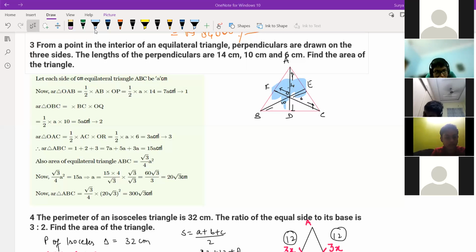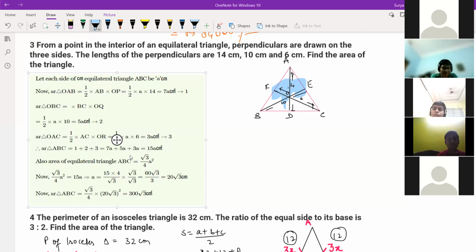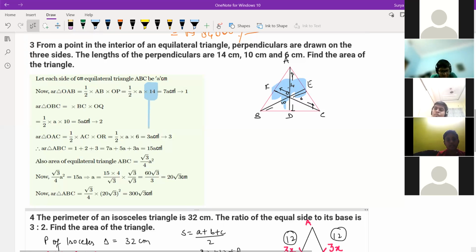Okay. So OAB is half base into height. Half is 14 here. How is half 14 here? Vivek, here 14 is mentioned. So if you see OAB from this triangle, there is no 14 over here, right? Some different diagram should be there for this, right? Yeah, sir, this diagram is wrong, I think. That's why we can't make it like this, no?